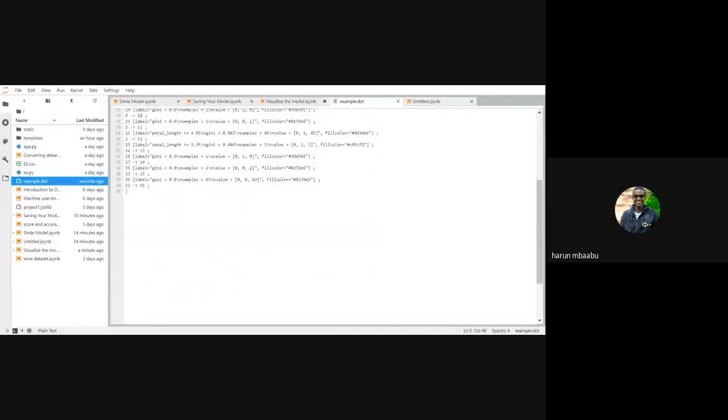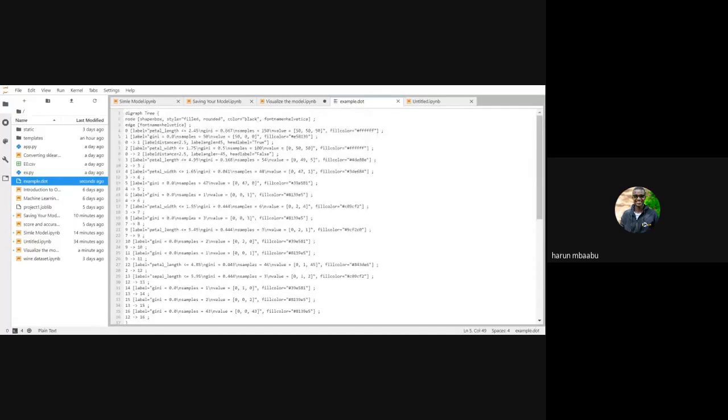When you run all these cells, you'll get this result, example.dot. So this explains how it looks. So the last thing I want to do is how to visualize the tree.